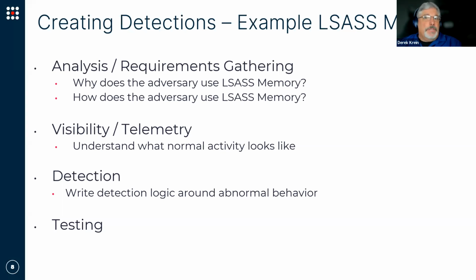How do adversaries abuse it? Well, they use native processes, which we're going to demonstrate here in a minute, as well as custom tools such as Mimikatz, Cobalt Strike, PWDump, to name a few. From a visibility and telemetry perspective, you can use the collection of data and that telemetry to understand what normal looks like. And once you understand normal, you want to start building your detections around abnormal behavior. From there, you want to test those detections and continue down the path. And again, this is a cycle.